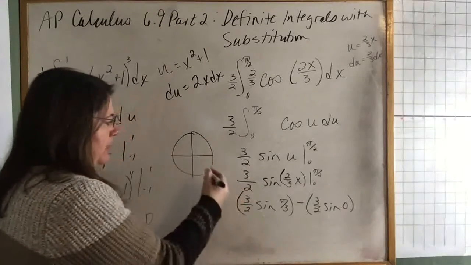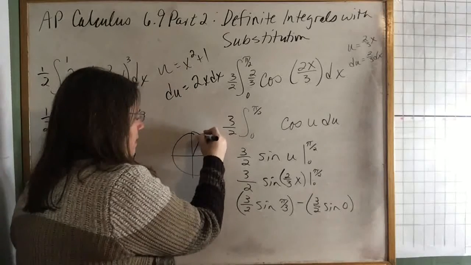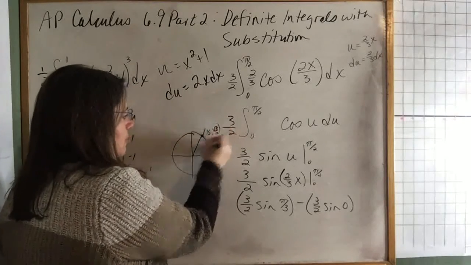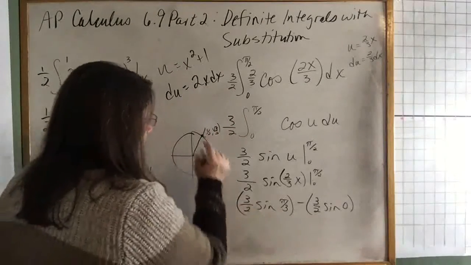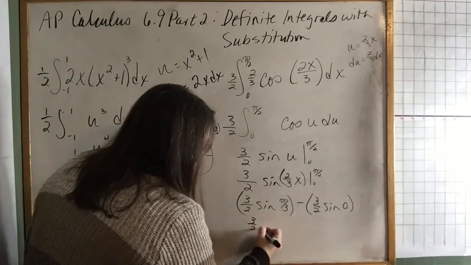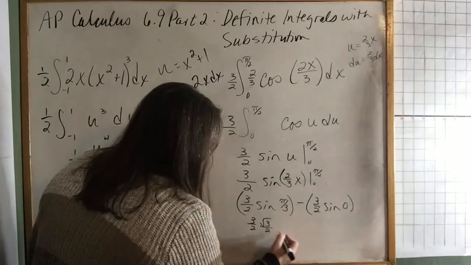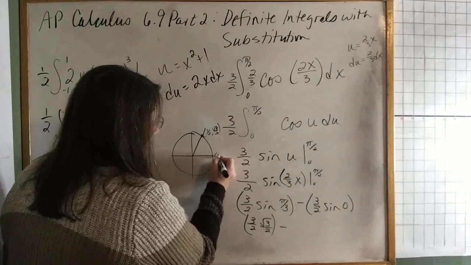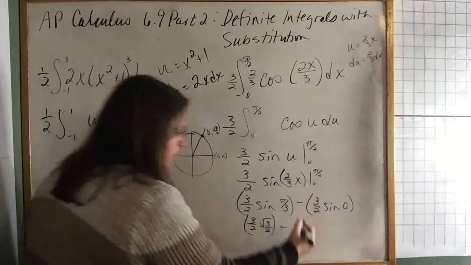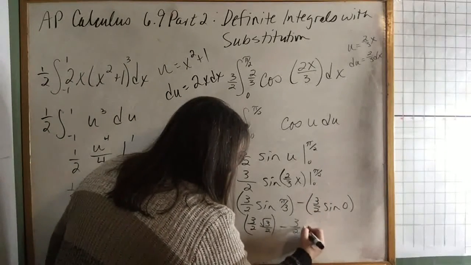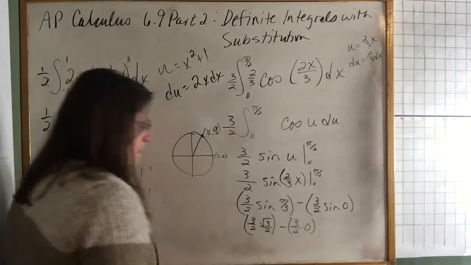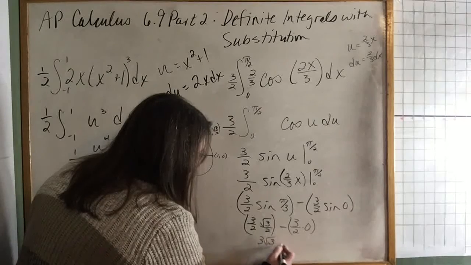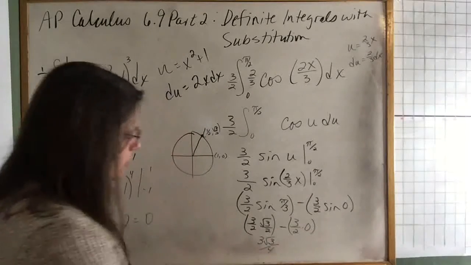Let's see, pi over 3 is 60 degrees. At 60 degrees, we go 1/2, square root of 3 over 2. So sine at pi over 3 is square root of 3 over 2. So we've got 3/2 times square root of 3 over 2, minus sine at 0, that is at 1, 0, is 0. So we've got 3/2 times 0. So we end up with 3 square root of 3 over 4 minus 0, which is just 3 square root